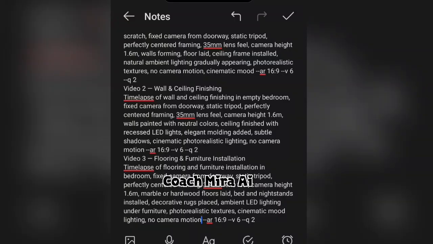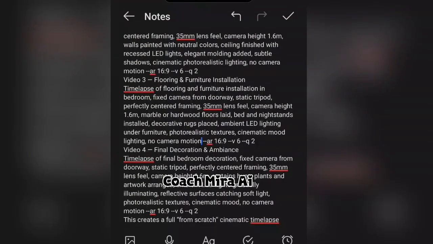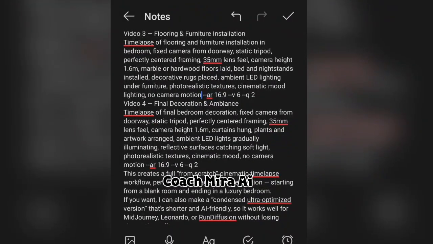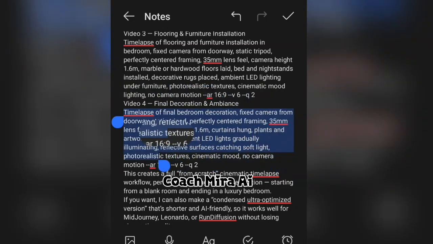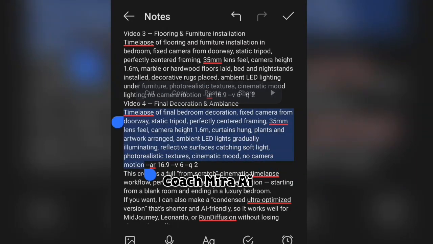All right, we are at the finishing part. So this is the last and final part. So I'm still going to paste the prompt. I'm going to copy the prompt. Okay, I'll copy it and move to